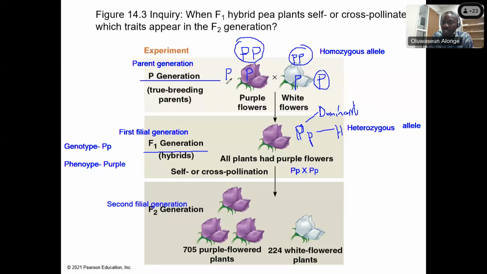So the next thing we do is crossing. We take the first one, take it to the inner one here. That's going to give us uppercase P and lowercase p. We take the same first one, take it to the outer. It's going to be uppercase P and lowercase p. We take the inner one here, take it to the inner one here. Then we are going to have the same uppercase P and uppercase P. Then we take the inner one here to the outer one here. We have uppercase P